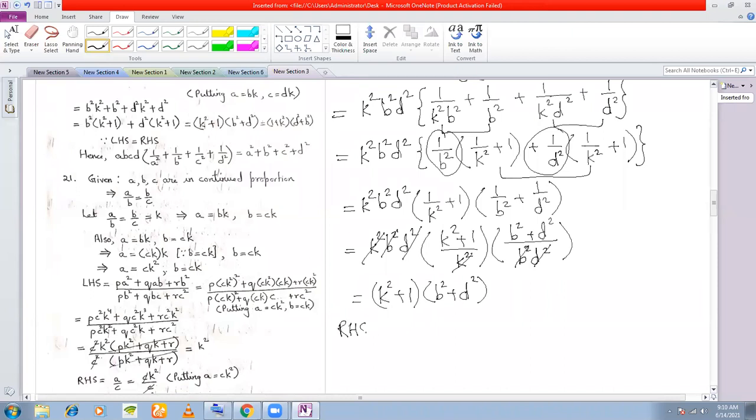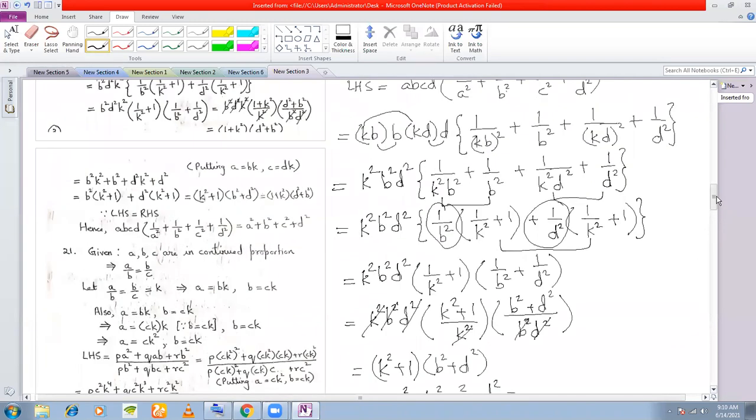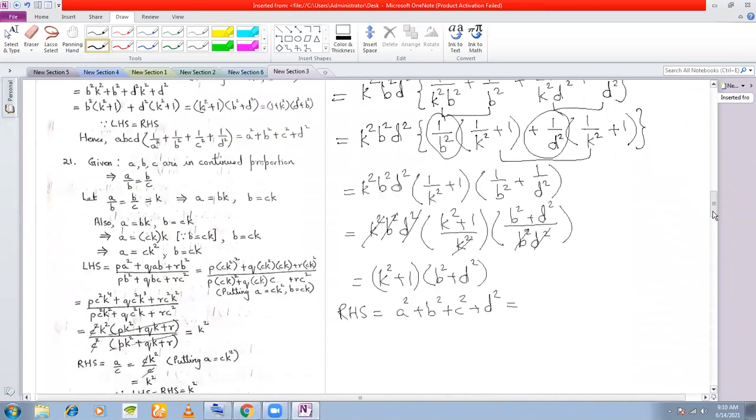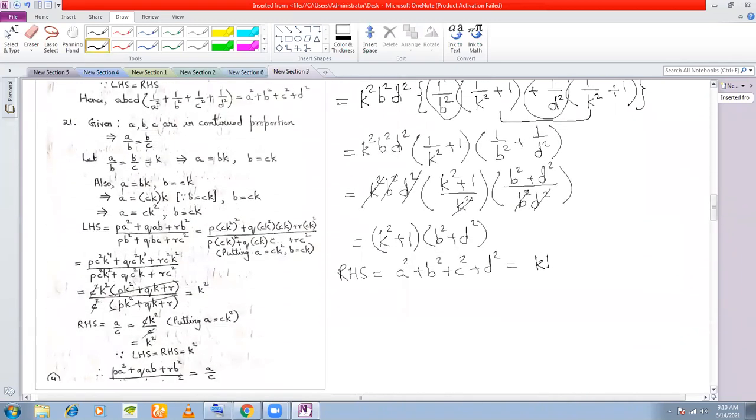Now we'll check the right hand side. Right hand side is A square plus B square plus C square plus D square. Now, what are the values that we know? We know A is equal to KB, C is equal to KD. So we put it here. A is KB, B square we write as it is. C here is KD plus D square. So you get K square B square plus B square plus K square D square plus D